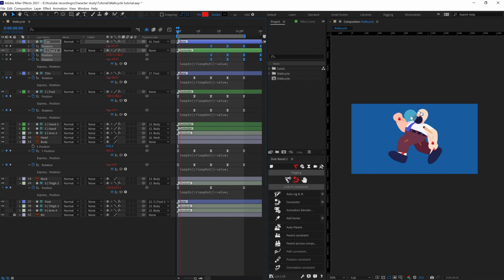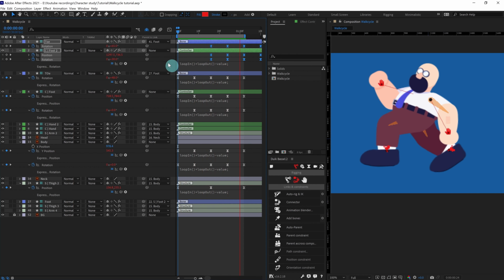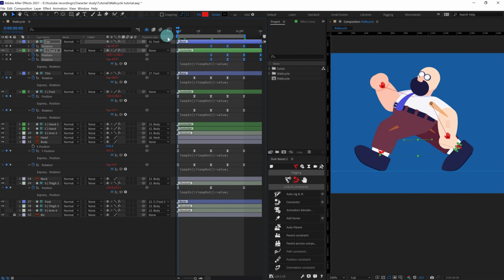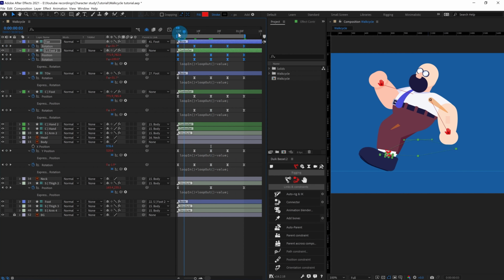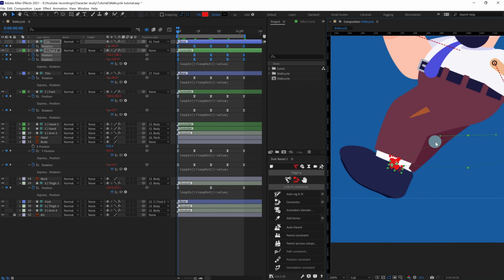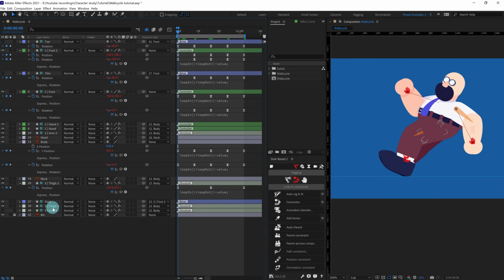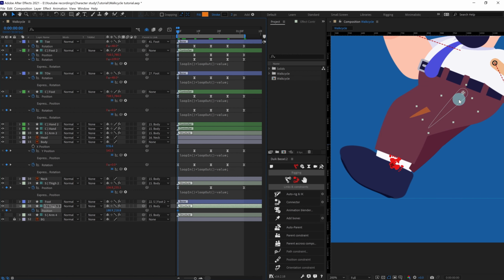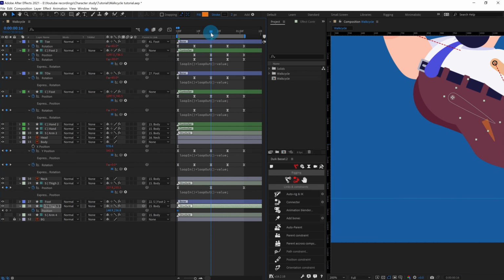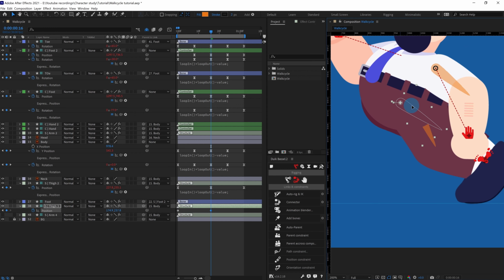That's all, and right now you can see the walk cycle animation. So we need to fix the foot a bit. Let's undo the offset for now because we need to fix a few things for the foot. Before that, we are going to select the thigh and put position keyframes. Let's bring this one over here at this point, and when it's in this contact pose, let's bring it over